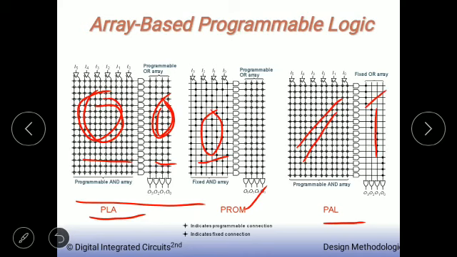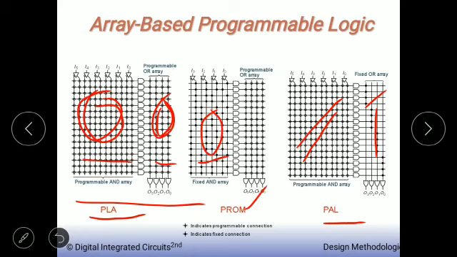The PROM and PAL structures, on the other hand, trade off flexibility for density and performance. The structure to select depends strongly on the nature of the Boolean function to be implemented. All these approaches are generally classified under the common term of programmable logic devices, called PLDs. Now, a single array architecture of PLA, PROM, and PAL structures, as shown in the above figures, becomes less attractive for higher integration density.